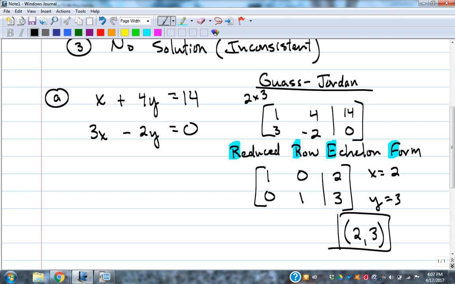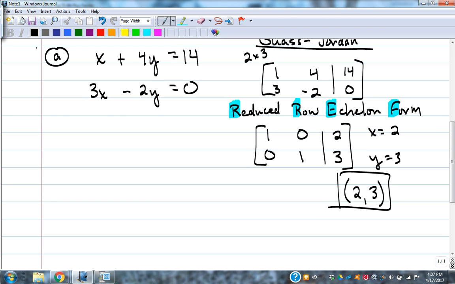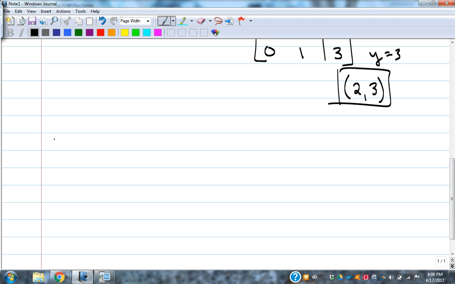Quite possibly the easiest way to solve that. You may be quick and very adept at using substitution or elimination to solve, and that's fine. That's how I would normally do that. I'm just as quick doing that as I am typing in a matrix, just because I've done it a gajillion times. So it just takes practice. If it's a larger system, definitely easier to do Gauss-Jordan reduced row echelon form than it is to try to